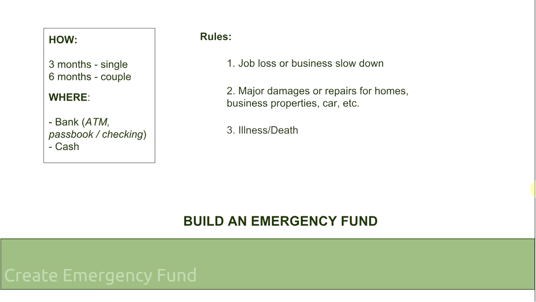And then, illness or death, ito, nobody expects this one. So, it's very important na meron tayong emergency fund. Alright? And then, disaster, like typhoon, floods, okay? Nobody knows when that will occur, di ba? So, that's why we really need to be prepared for rainy days. Alright? So, basically, ito yung some of the rules that you can follow.